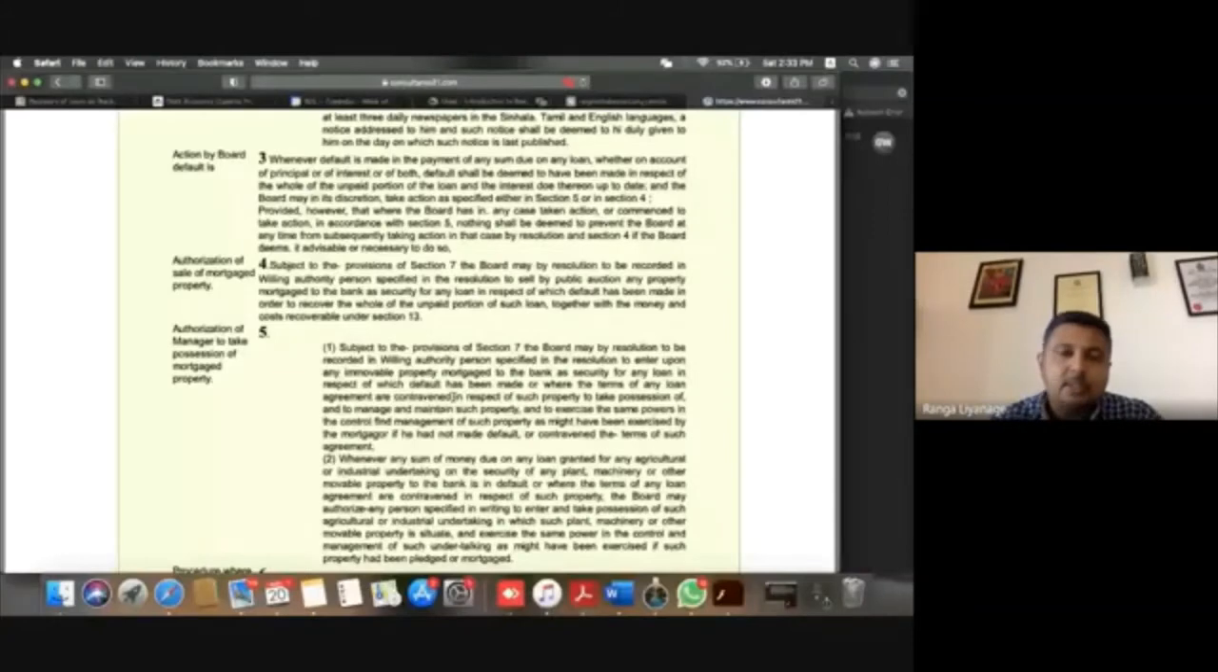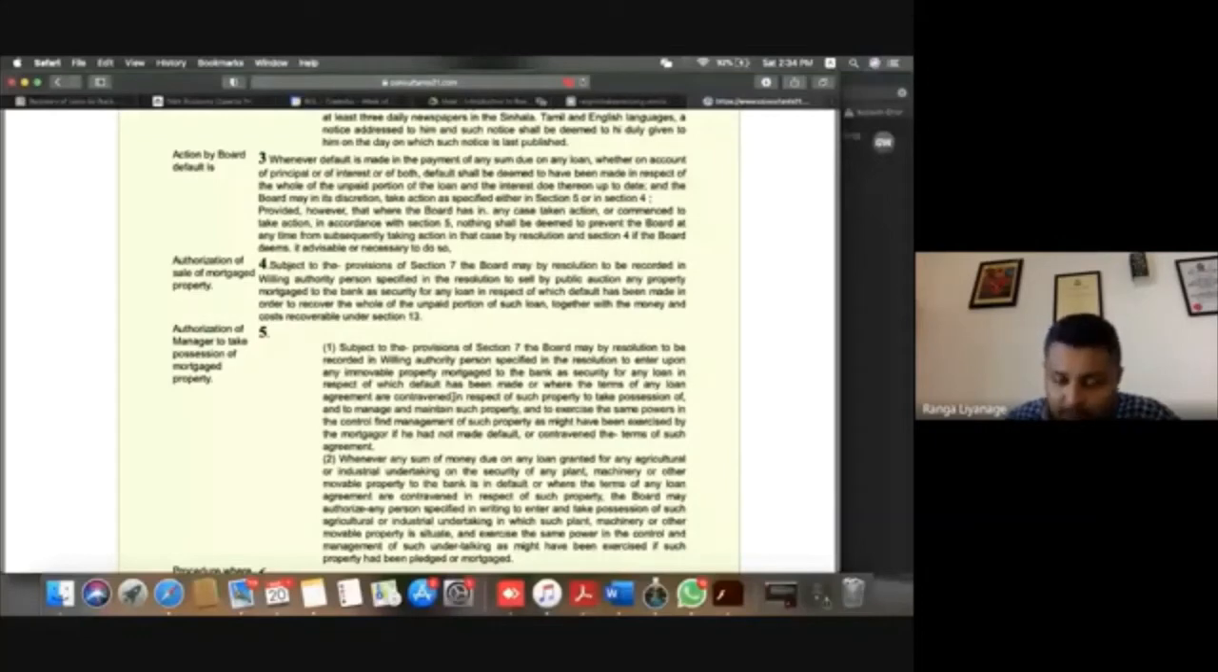Subject to the provisions of section 7. So there are certain conditions mentioned in section 7. Subject to that, the board of directors may by resolution to be recorded, a board resolution, right, in writing, authorize any person specified in the resolution to sell by public auction any property mortgaged to the bank as security for any loan in respect of which default has been made in order to